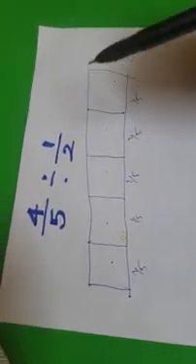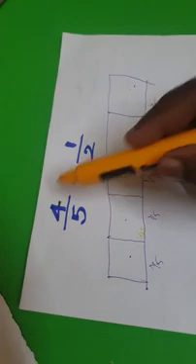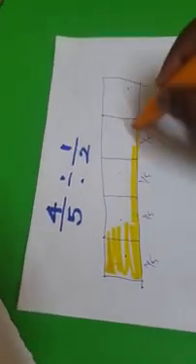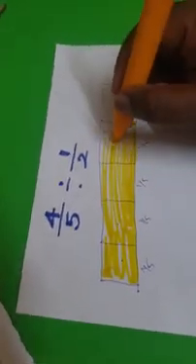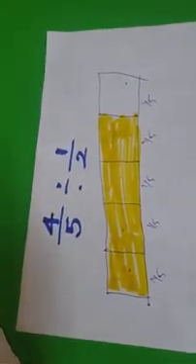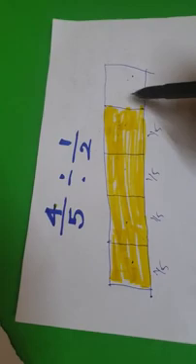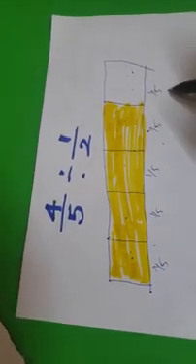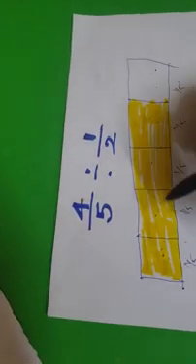Now out of the 5 parts, we have to share 4 parts, right? So I am sharing 4 parts out of the 5. This is what I am proceeding. Out of 5 parts, I shared 4 parts. Each part is representing 1 by 5, and the shaded part will be 4, representing 4 by 5.